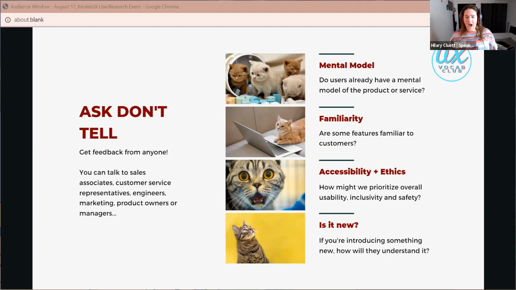So the other thing just to keep in mind is when you're asking people these questions, you're not necessarily going up to the customer service rep and asking them a closed question. So, do you get calls of people complaining? They're going to say yes, right? That's a very closed question, right? So instead, you want to ask more of an open question so they can really elaborate. You may even want to do a bubble with them and be like, okay, we're going to talk about customer complaints. What are your top 10 things that you want to tell me about customer complaints, right? But you can ask them an open question.